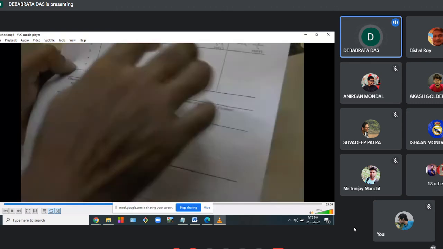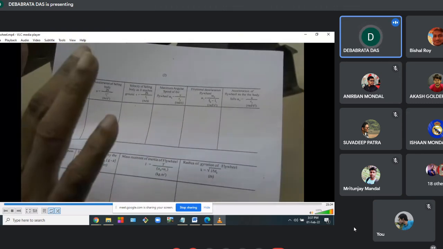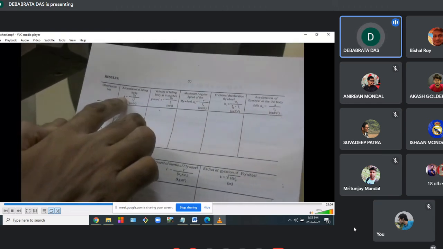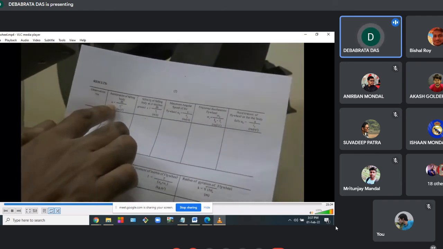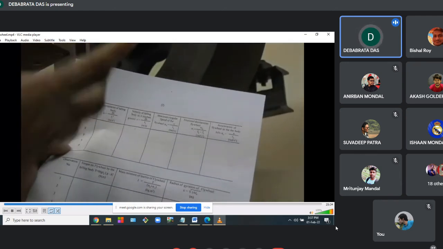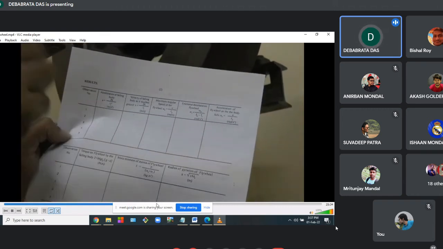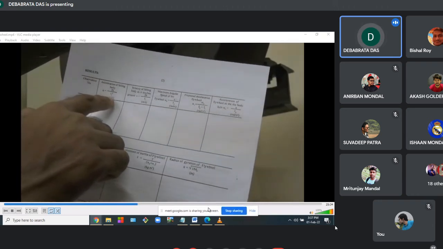Once you have this T1 and T2, then the first table on the next page, page number 2, corresponds to kinematic calculations. With T1, we can find out the acceleration of the falling body. S equal to ut plus half at square, as the flywheel starts from rest, so initial velocity is 0. So its acceleration, which is assumed to be constant, is calculated as a equal to twice h by T1 square.